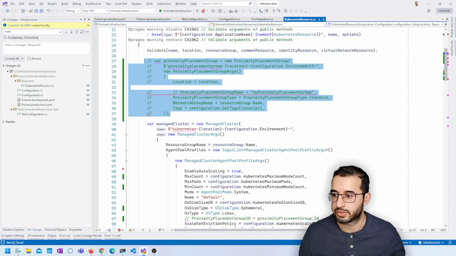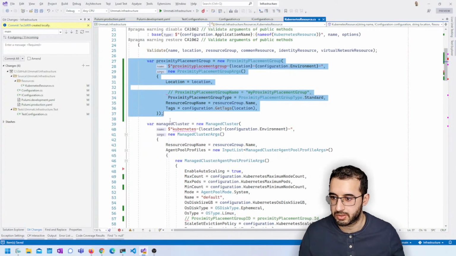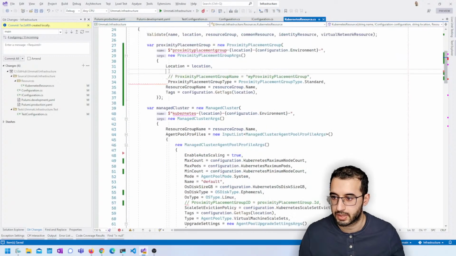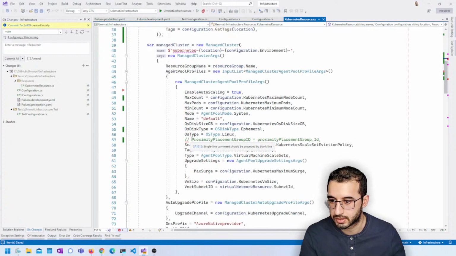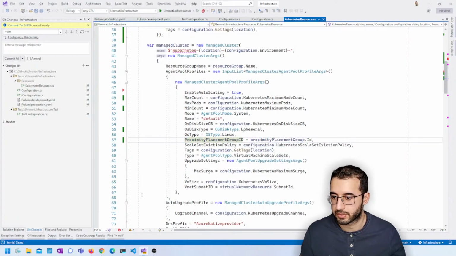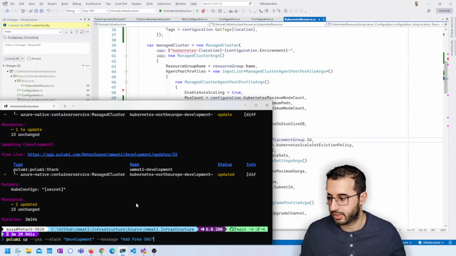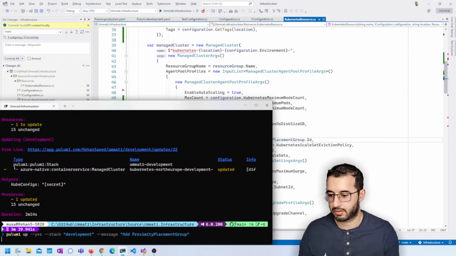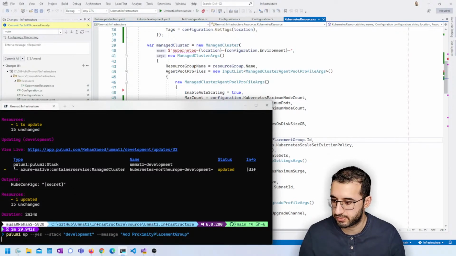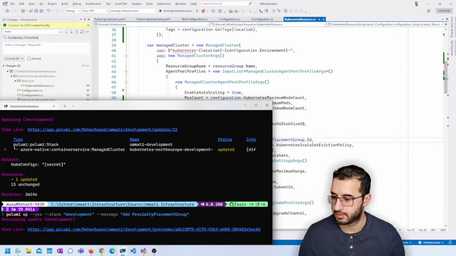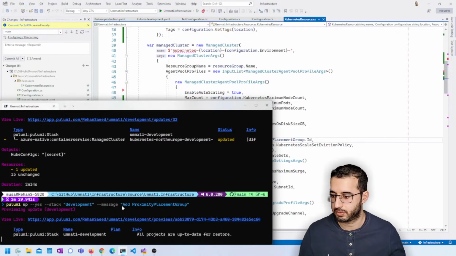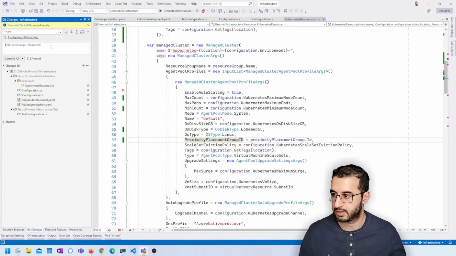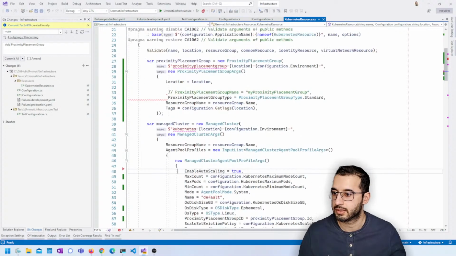And now we can also uncomment our proximity placement group and this line of code here as well, and see if we can run this again. Add proximity placement group, and we'll see if that gets updated with it. And we'll just grab that comment there, stick that in there. And also,